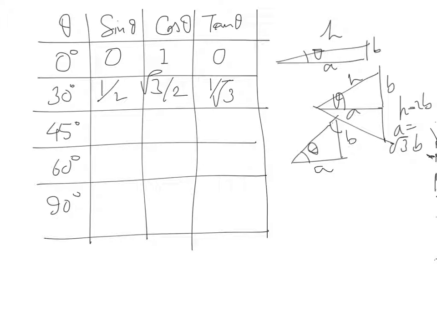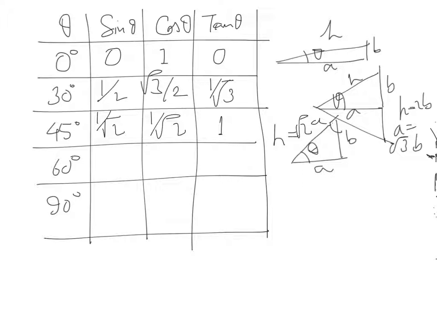That is, these two sides are equal. a is equal to b, and the hypotenuse h is equal to the square root of a squared plus b squared, which is square root 2 times a, and therefore sine 45 degrees is equal to b by h, which is 1 by square root of 2. Likewise, cos 45 degrees is 1 by square root of 2,